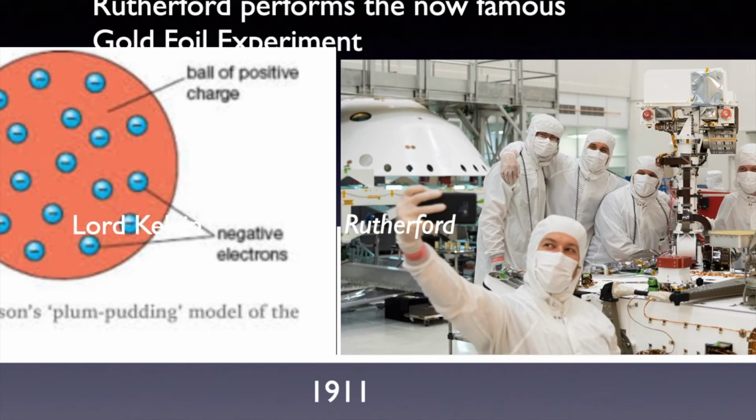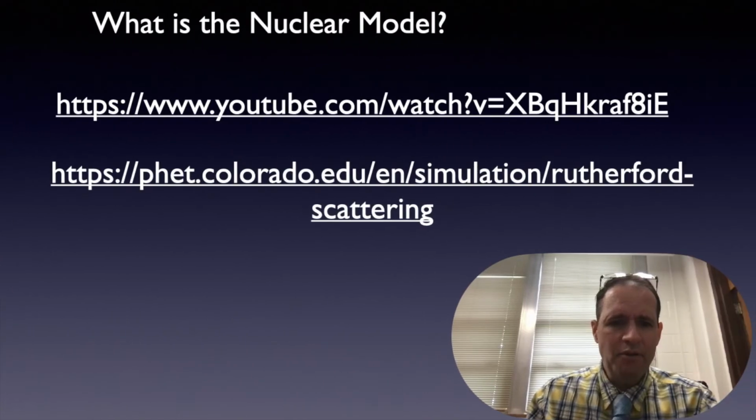Now, a few years later, Rutherford did his now famous gold foil experiment, and I'll show you more about that in a bit. Now, if this was done in the 20th century, we could imagine that Rutherford would take a selfie among his fellow scientists. So this is just a picture of NASA. It's not really the Rutherford Experiment. But I did want to talk much more in greater detail about what Rutherford Experiment was, how he did it, what it showed the atom to be composed of, and also the nuclear model of the atom, and we'll start going from there, okay?